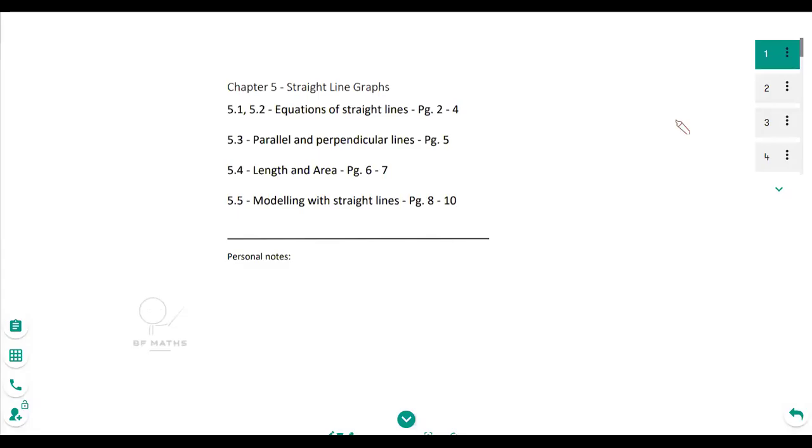So welcome to Pure 1, Chapter 5, where we are looking into straight line graphs, equation of straight lines, and perpendicular lines, parallel lines, a bit more into geometry, where we continue from Chapter 4 about graphs. But this time about straight lines. Quite nice. So in 5.1, 5.2, which is this lesson, we'll be looking into quite a lot of some basic